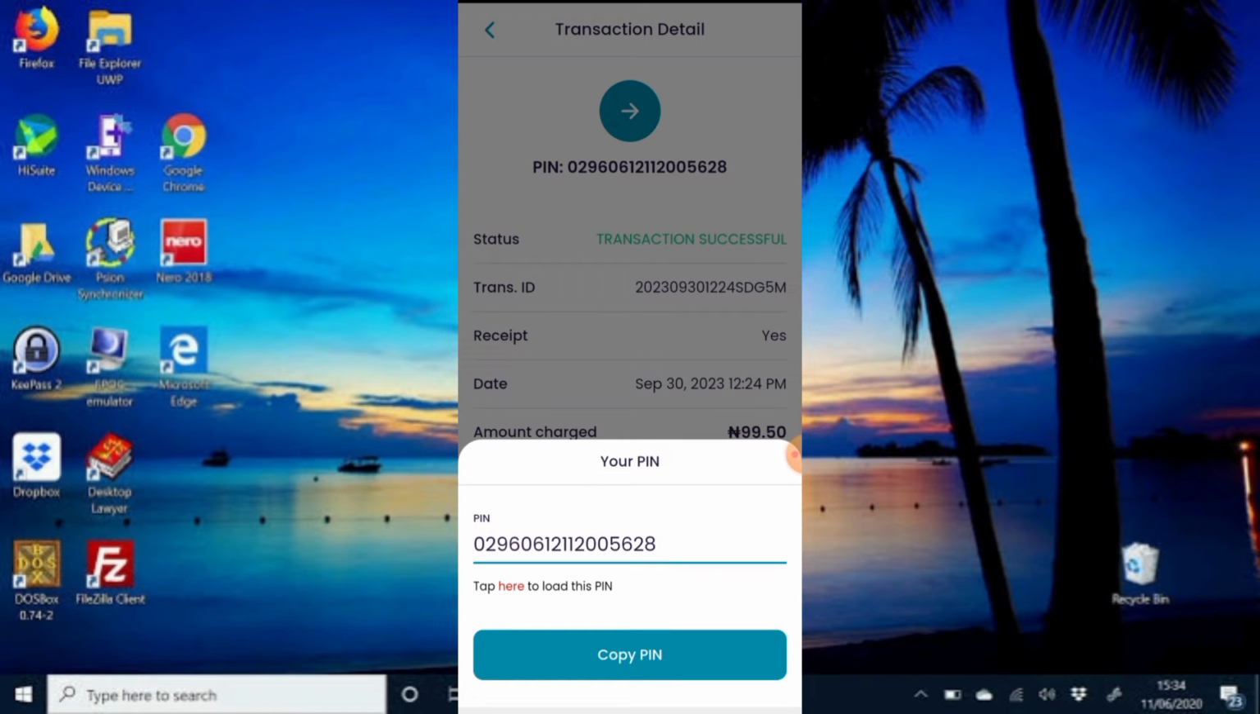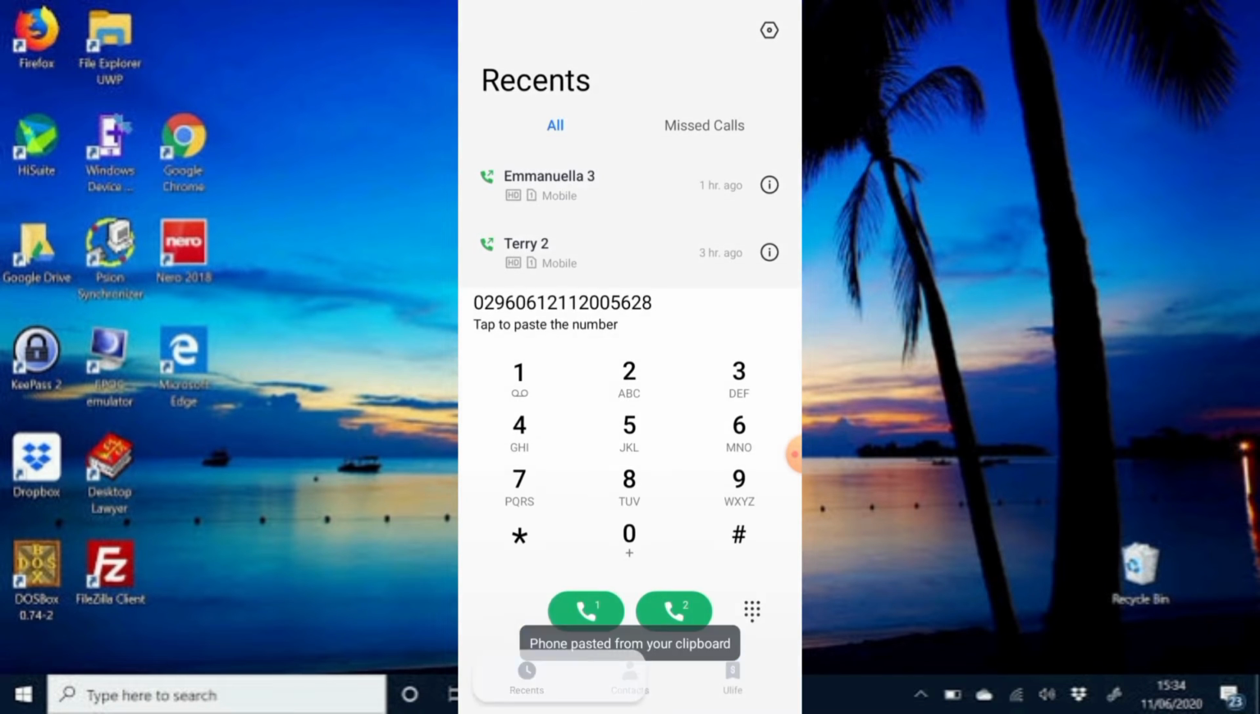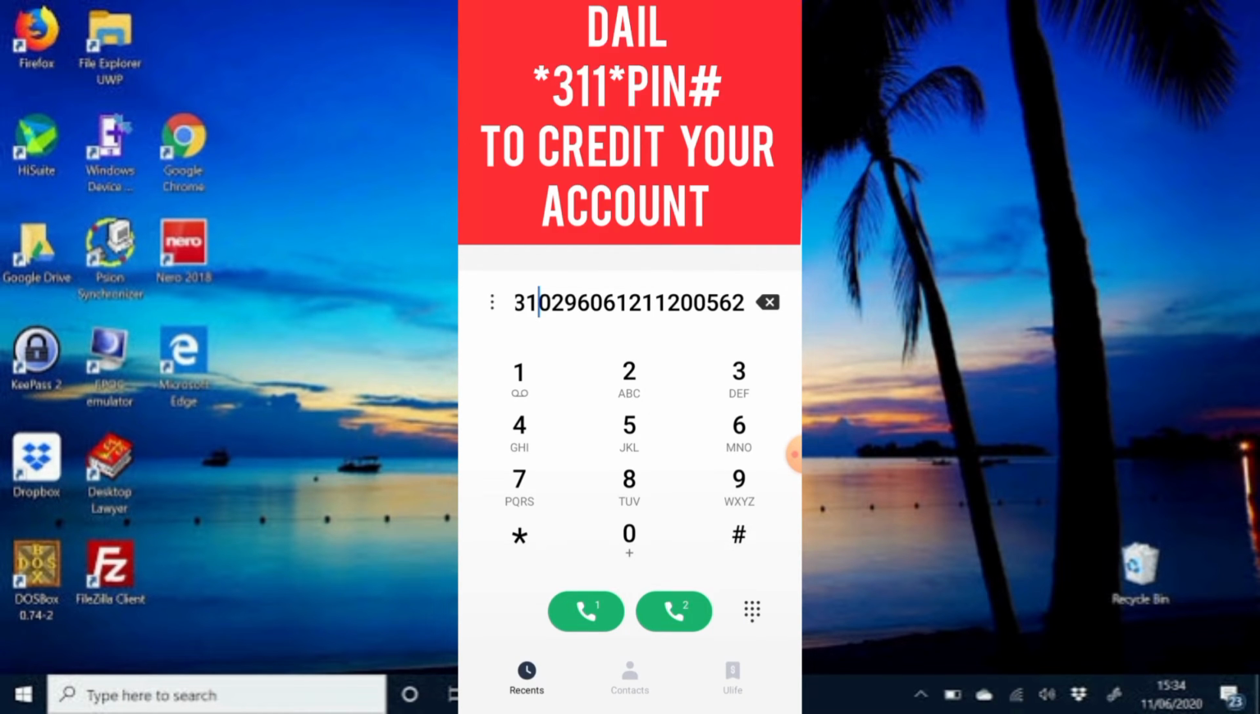I'm going to copy this over here, or I'm going to click here, which is copy pin. You get, and it's going to tell me that pin is copied. I'll go to my phone, and then I'll paste it. I'm going to put star 311 hash or star. So I'm going to put the star 311 star and then the hash, and I'm going to send it to